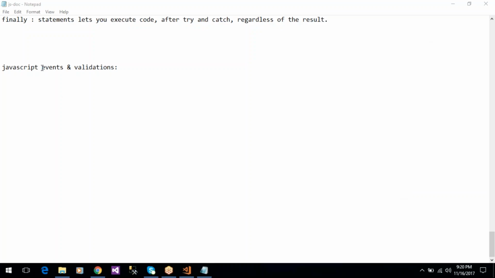Okay, today we are going to discuss JavaScript events and JavaScript validations. So what are events in JavaScript? Events can be something that happens in the browser. Something happens in the browser, like JavaScript functions can execute while the page is loading,